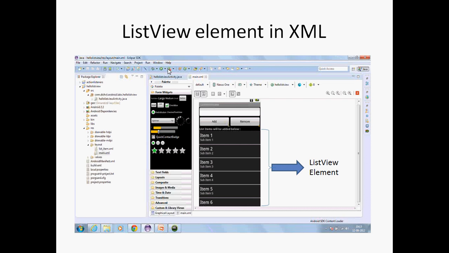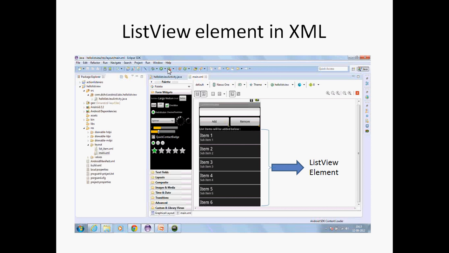So by calling findViewById and passing the ID attribute of this list view element, we will get the reference of this list view element. After having the reference object, you are going to provide the data which you are going to show to the user on the screen.